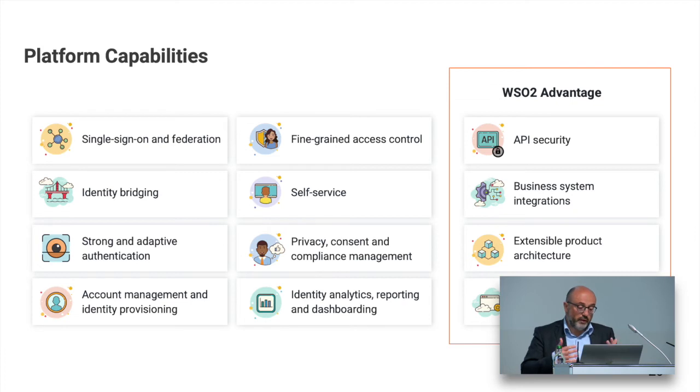As we have an API manager product, we can provide better API security in our identity and access management tool. Or what we call business system integration. You may need to connect your identity access manager to your application, because when a property of a user changes, you want to propagate this information to Salesforce, for example. And this is possible with the integration of the products in our area. So you can easily connect Identity Server with API Manager and provide business system integration.